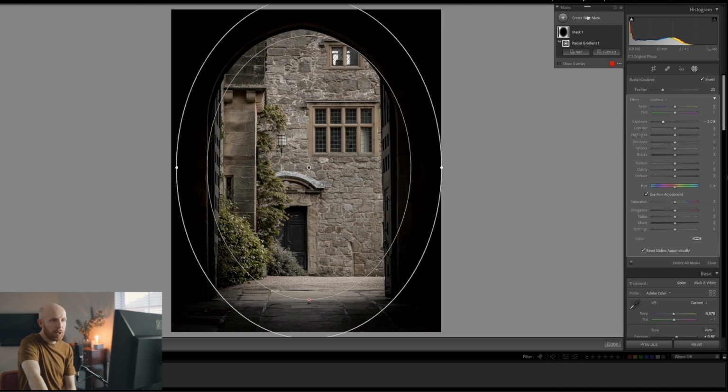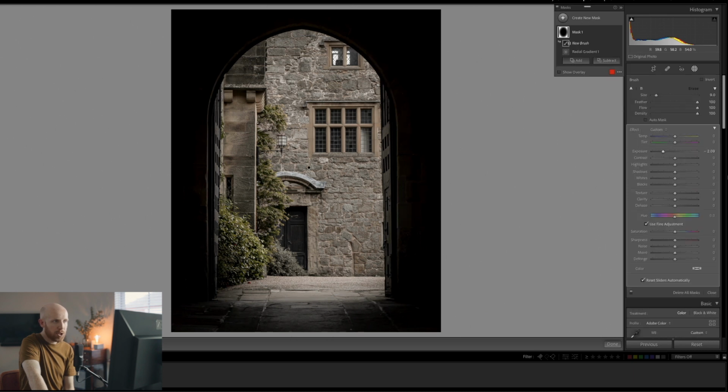Now, a great thing about using this particular tool as opposed to the vignette tool is that we can actually subtract from this particular gradient if we want to. So by clicking on this subtract button, you can then select a brush, and if there's just particular areas around the door that you just want to delete the mask from, then again, you can easily do it just like this,